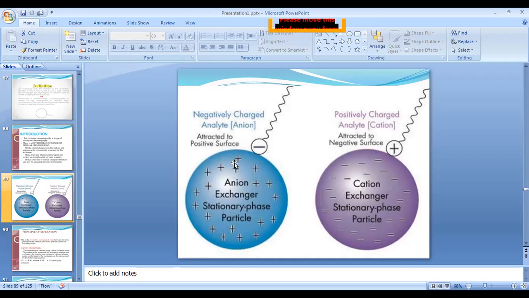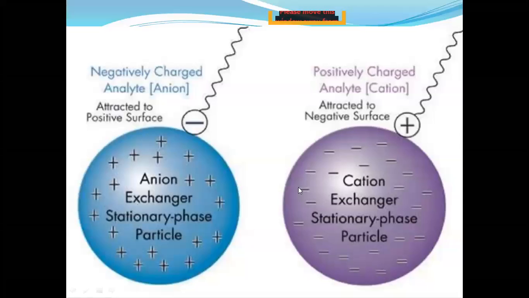So for example, if you take COOH, what is COOH? Carboxylic functional group. So the COO part will attach to the resin, and the H plus part will be attached to COO minus. So here that is known as cation exchange. In that cation exchange, what happened? The H plus of the resin will be exchanged with a cation present in a solution.